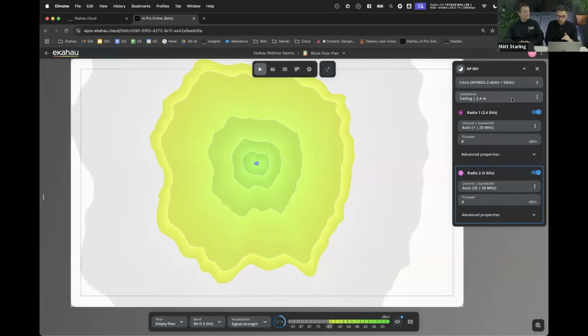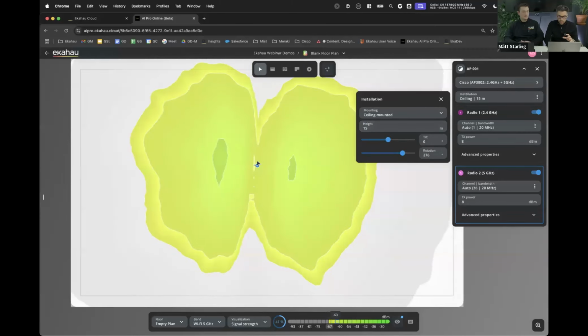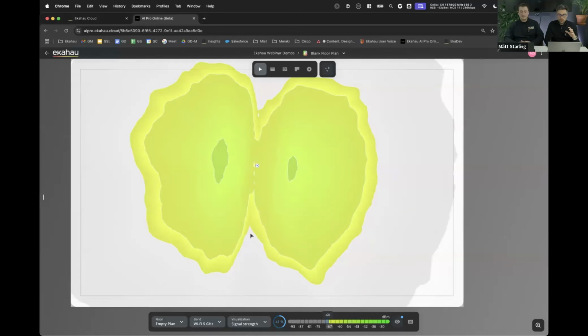And if I was to change this now from being at 2.4 meters to, I don't know, let's say something pretty high, like 15 meters, watch what happens to the heat map. So when it goes super high, you can see there's such a change in the coverage from the client's perspective, because there's such a height difference now in the degradation coming from the radio, from the access point. By the time it gets down to the ground now, the signal strength is going to be lower. The MCS is going to be less complex, and you're going to have a lower data rate, so a slower performing Wi-Fi network.